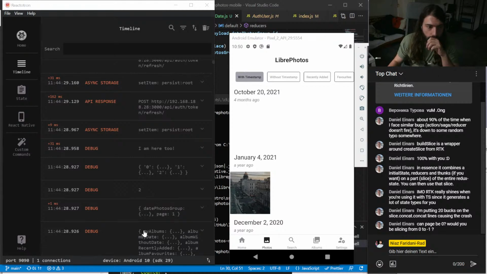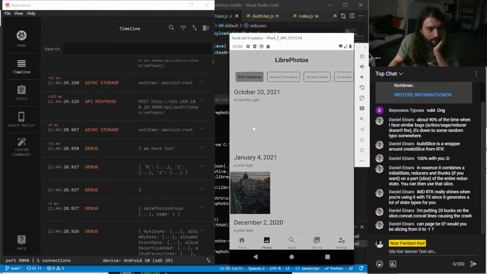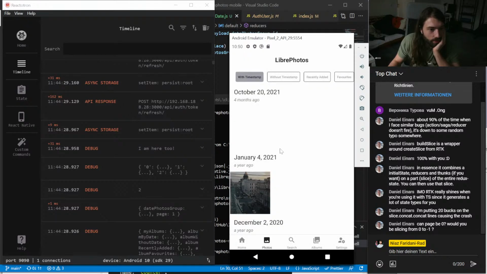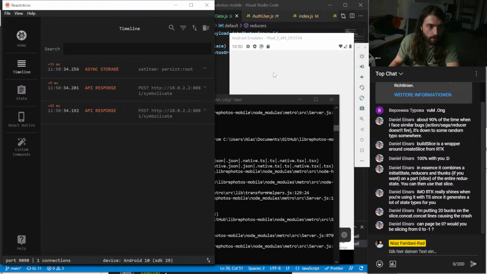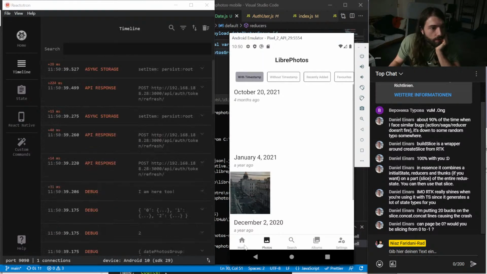Alright, and I'm back. So let's figure out why it works, but not for the first image. So, okay. Let's reload. Let's clear out this. And then let's look at what happens. Right, and the same exact thing happened again.